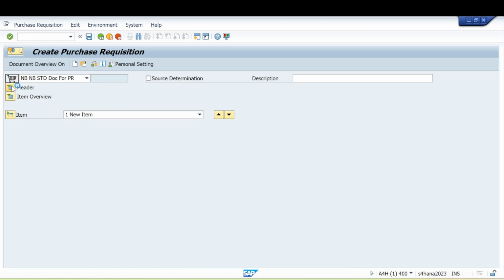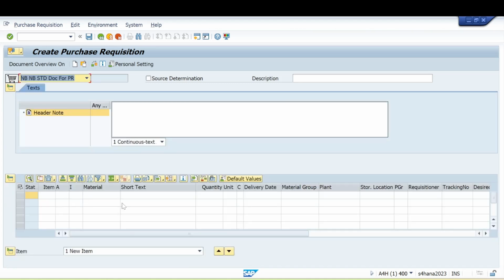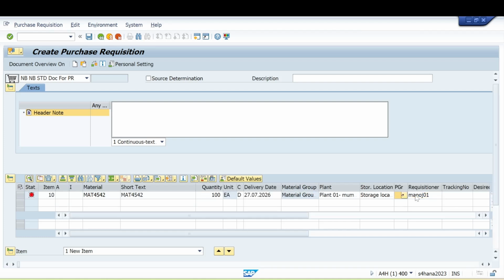Here you just need to give your details like your header, item overview and all. Let me give my material number here, my quantity, plant, storage location, and then just hit enter.